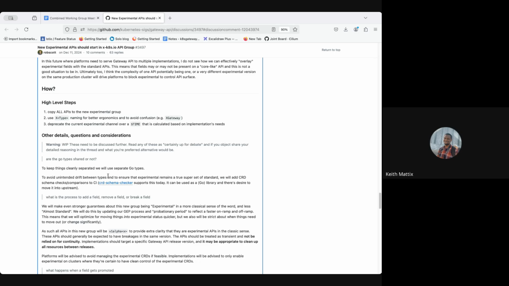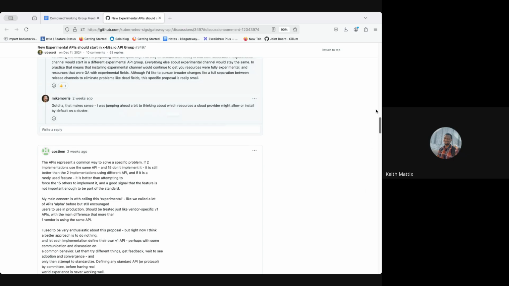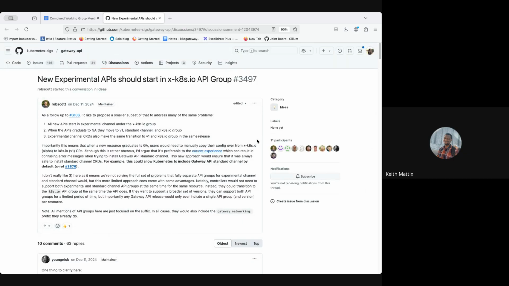Before, as an implementation, so as Istio as a controller, you don't have to think about X gateway and gateway. You just have a set of resources, you target experimental, and if this field is unset, you're good to go. In this world where you've got a mirror dimension, I'll start with Rob's proposal. With just a different group, it's trickier, but probably doable if we did some schema shenanigans to map fields, to map groups differently and to interpret things. But with Shane's proposal, that just feels like a nightmare.